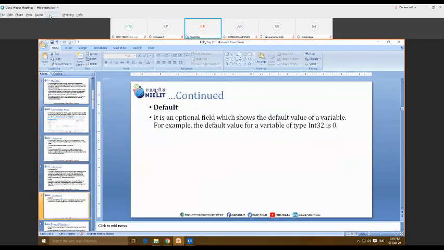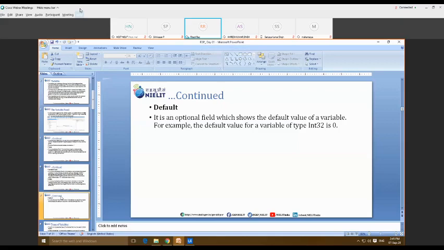After the scope field, the 4th field is the default field, and it is an optional field. Out of the 4 fields, the name field, variable type, and scope are mandatory, but the default field is optional, and it's up to the user working on this automation project. If the user wants to provide any default value to the variable, then the user can assign it.